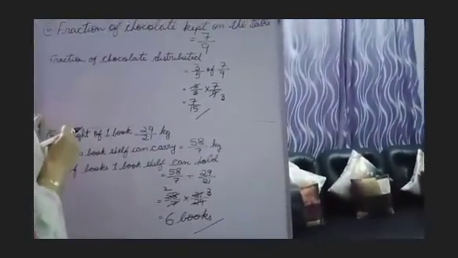So can we do some cancellations here? 7 goes 3 times. 29 also goes 2 times. 29 into 2 is equal to 58. So what is left here in this whole sum? 2 into 3, that is equal to 6. So how many books can this bookshelf hold? It can hold only 6 books. Now next we will do the revision exercise and we will do the word problem sums.